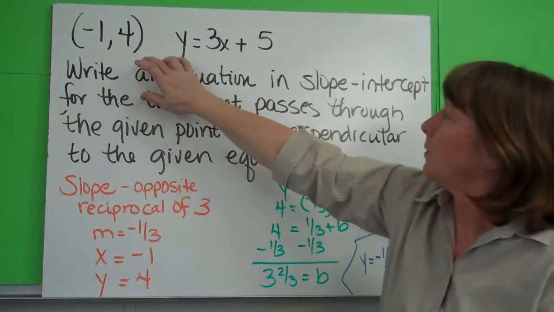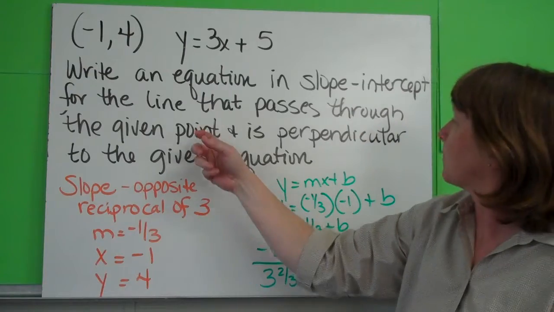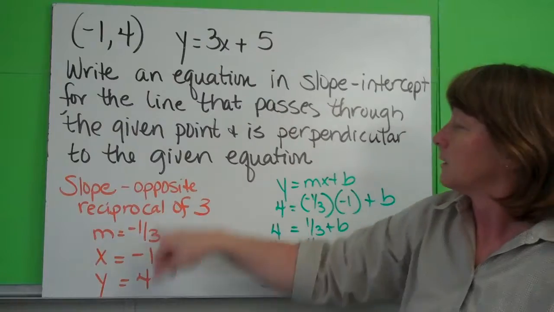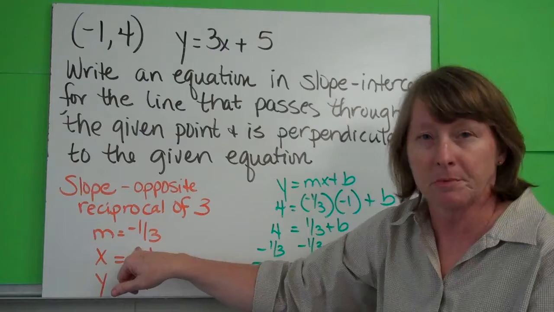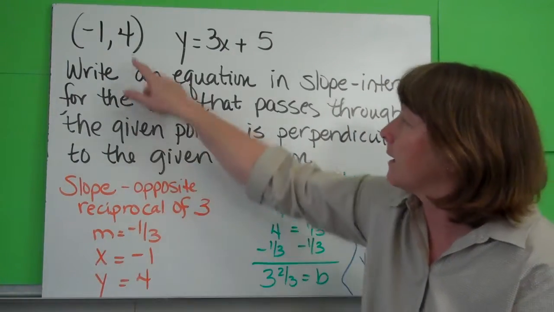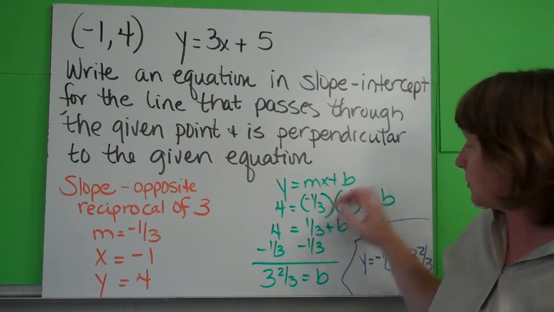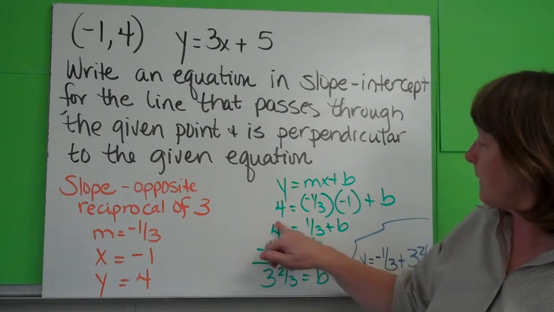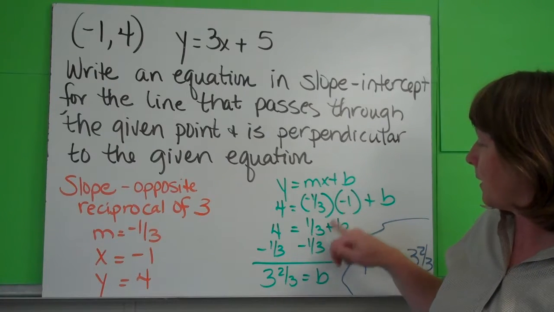They're going to give you a point and an equation, and they're going to ask you to write an equation in slope-intercept form for the line that passes through the point and is perpendicular to this equation. So we know that the slope has to be the opposite reciprocal of 3, so our slope is -1/3. Our x is -1, sorry, and our y is a 4. We now put this into our slope-intercept equation. Refer to the previous videos if you can't remember that. So we put 4 in for y, our slope is -1/3, our x is -1, and we solve it out